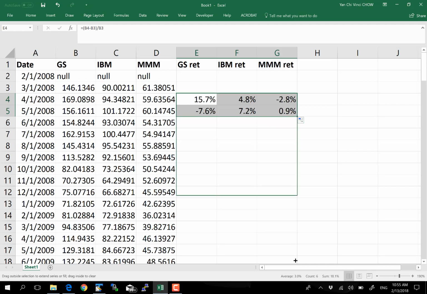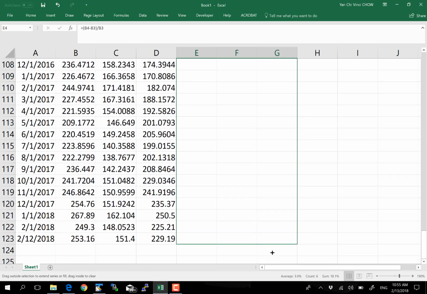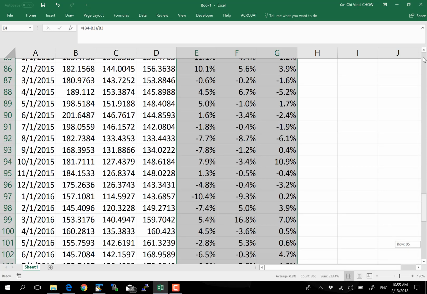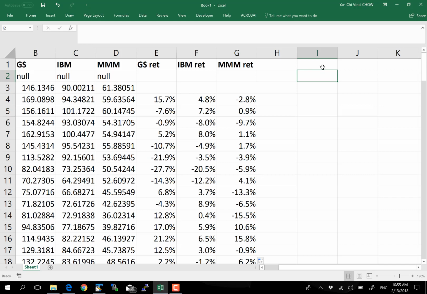And what we're gonna do is just drag these formulas all the way down to the bottom, and there you go, the return of all months in our data. Let's calculate the average return just to get an idea of how these stocks are performing. So we have Goldman Sachs, IBM, and MMM, and let's say we have the average return,